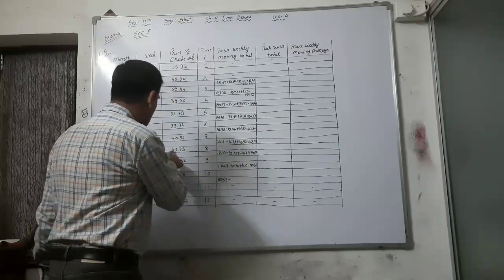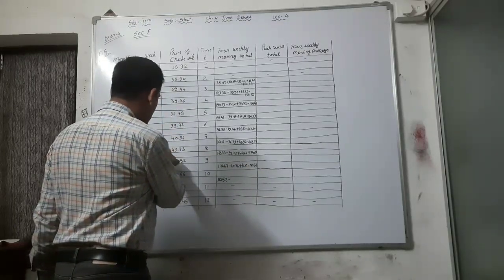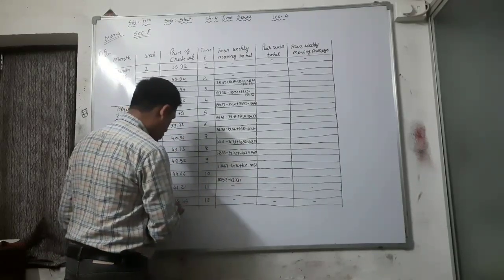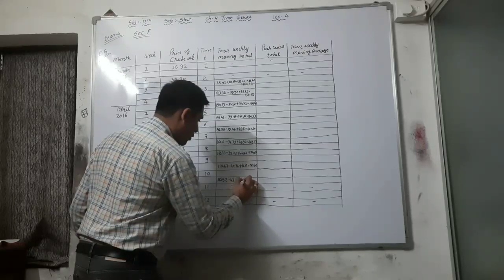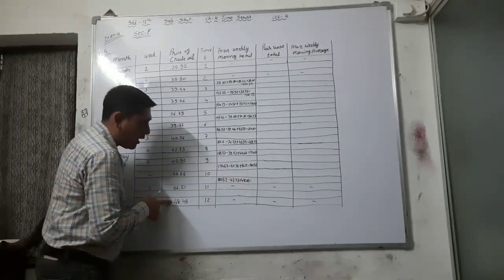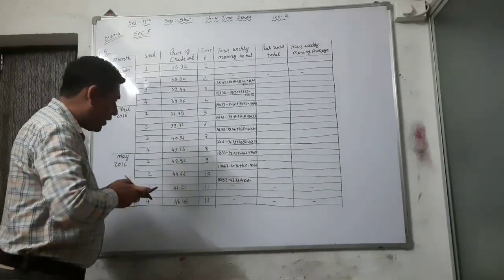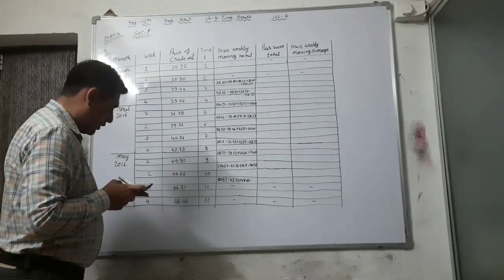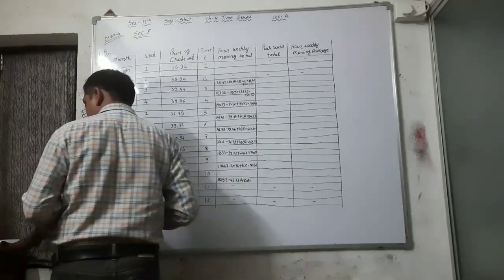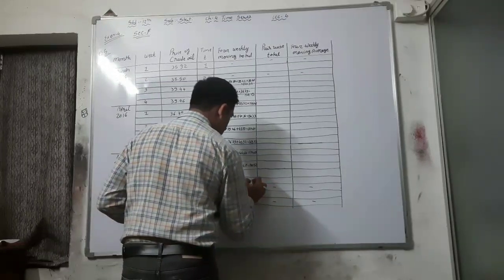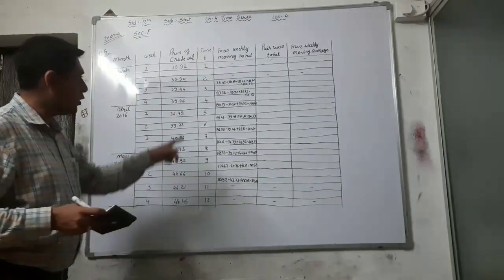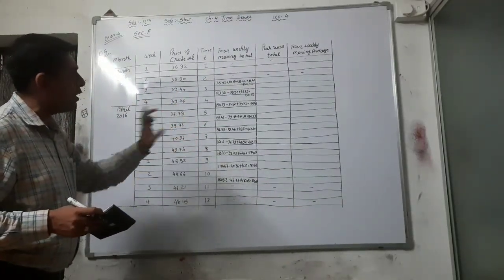180.52 minus, after that we have to subtract these 43.73 plus we have to add 48.45. See, this one is the last, and whenever we reach the last we have to complete this. That is 180.52 minus 43.73 plus 48.45, that is 185.24. Right? So here 4 weekly moving total is over.